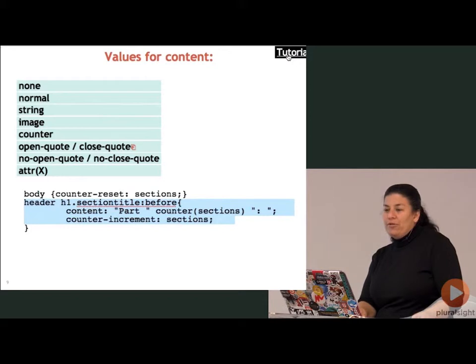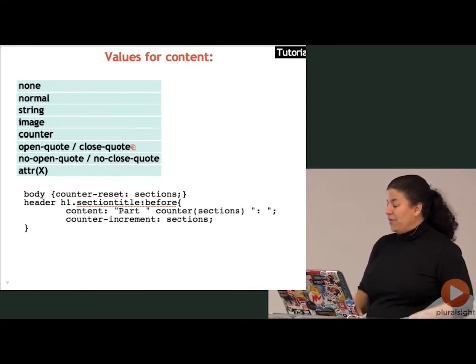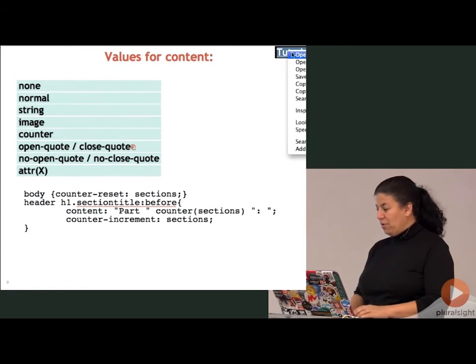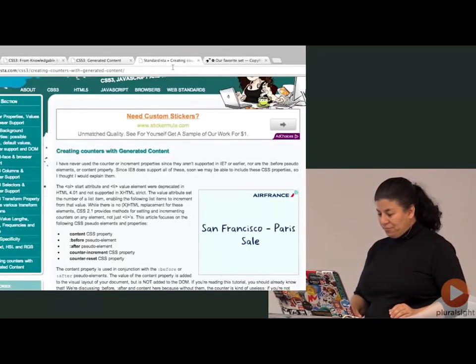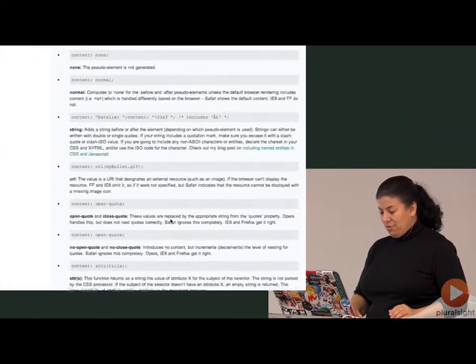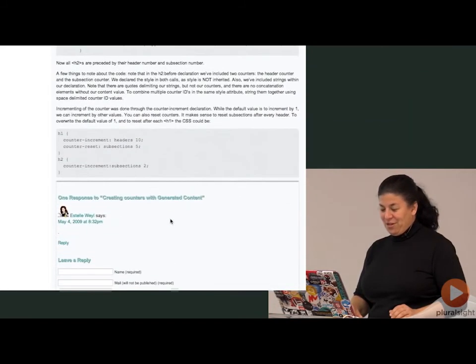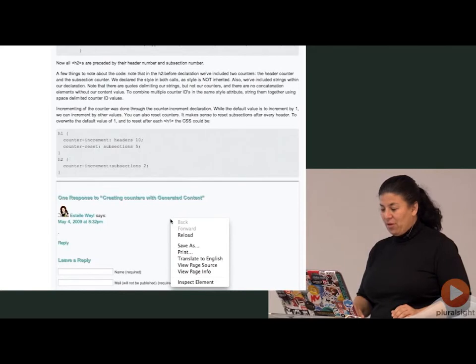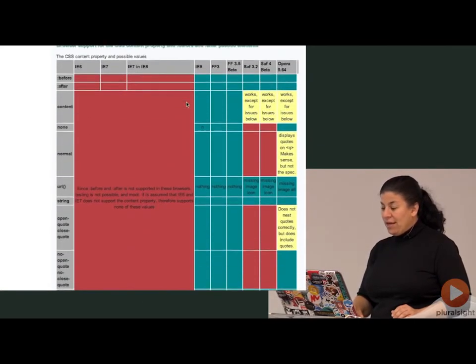I wrote that 4 years ago, and I totally don't remember what it says. But it was accurate 4 years ago, and it was an old spec then, so it's valid now. Let's just open it up. When I told you that my blog is boring, like this is way too much information on counter, but it's the whole spec with all the information you could possibly want. And the browser support,